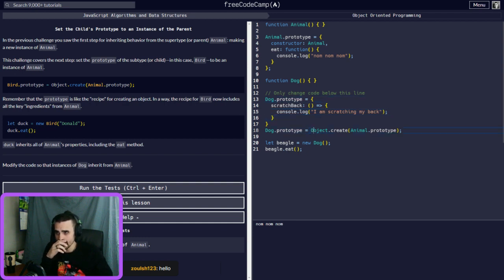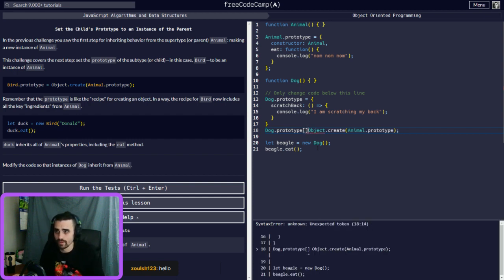Now how do we add the animal prototype to inherit into this prototype? Will we just do this? We can't just do a plus equal. So will we do this, where we just add this in there?